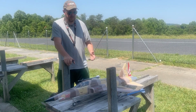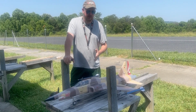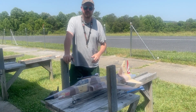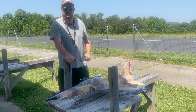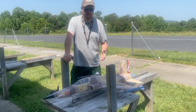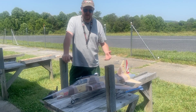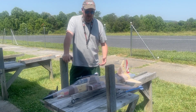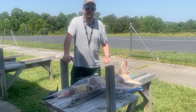Couple things you want to be careful on, like I say, the smaller wings, be careful going through turns, definitely have some power on, and try to stay out of banking it real far. One turn I did, and I could tell, it'll catch up to you real quick if you're not careful, so definitely stay ahead of this plane. The other thing is, it doesn't have any lights, so if you're in low light, it might be a little bit harder to see. However, it is a challenging bird, but at the same time, it was really fun